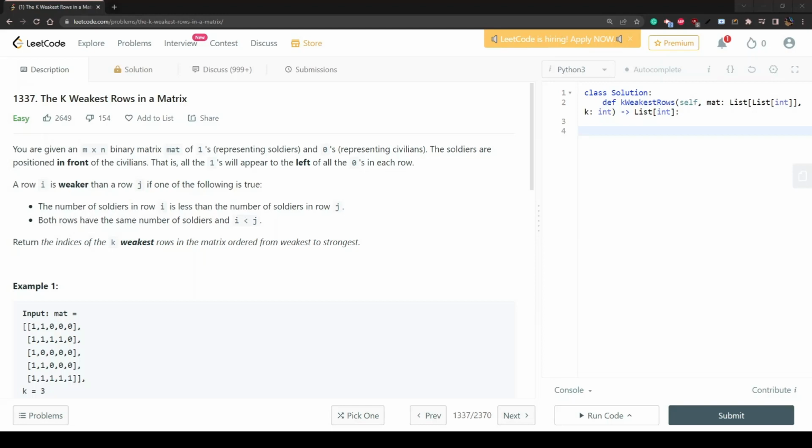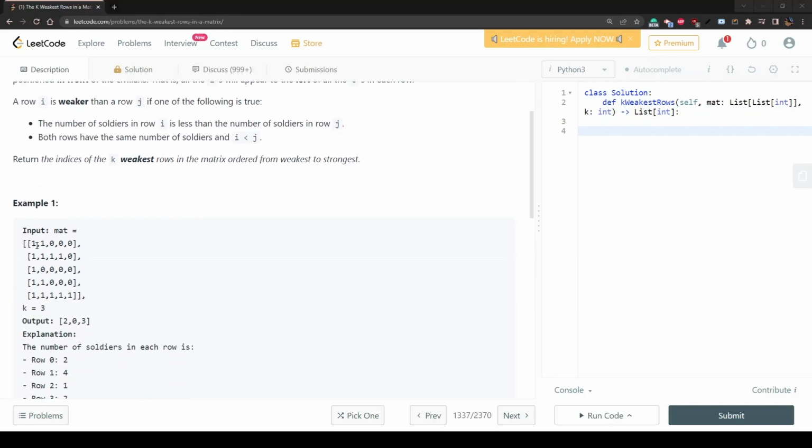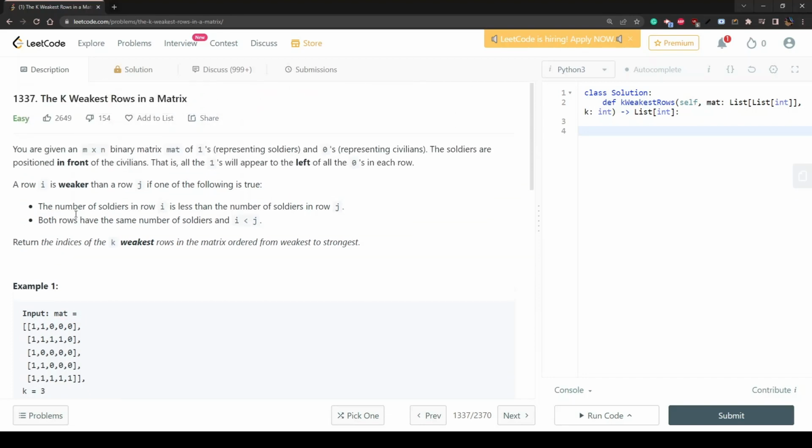LeetCode prompt 1337, the k weakest rows in a matrix. In this prompt, we've been given a matrix consisting of ones and zeros. The ones are representative of soldiers, and the zeros are representative of civilians. Our goal is to find the k weakest rows, and the weakest